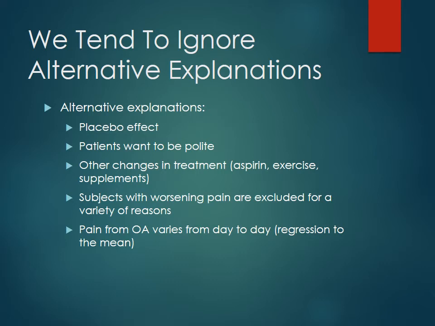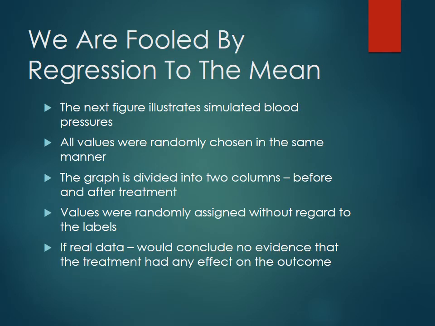And then looking at things like pain just kind of vacillating from day to day. We'll talk about this idea of regression to the mean just a little bit. But in some cases patients may have really bad pain one day and then they just naturally get better because they're at some extreme of it. That kind of makes sense? So lots of reasons why some of the results that are statistically significant might not actually mean anything.